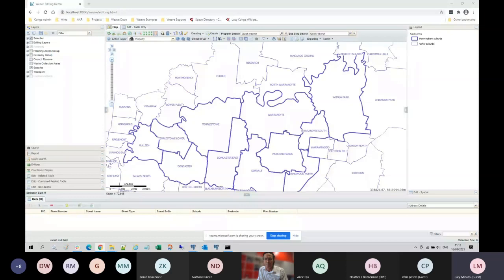I thought I'd start off today by showing you some basic editing of different geometry types: points, lines, and polygons. I'm not going to be able to show you all the editing across all those geometries, so just keep in mind